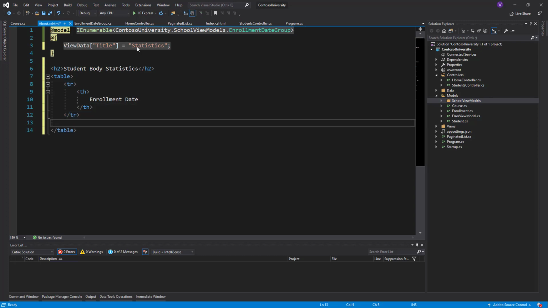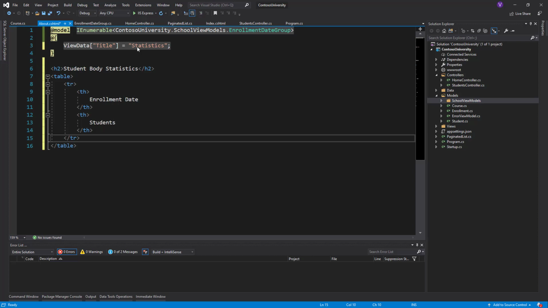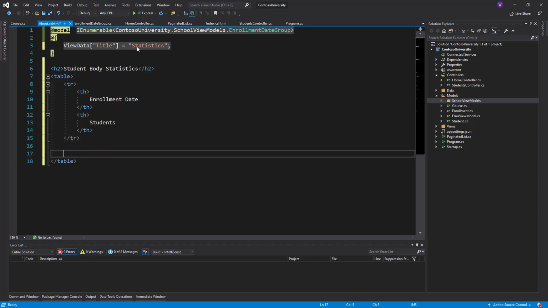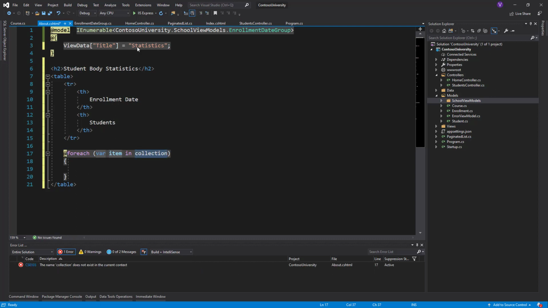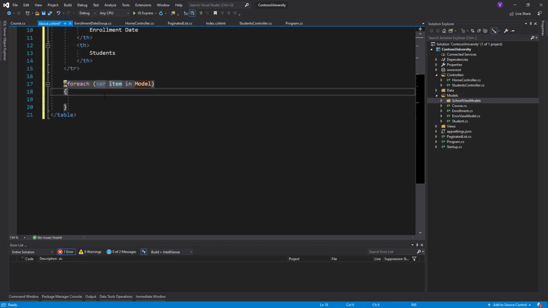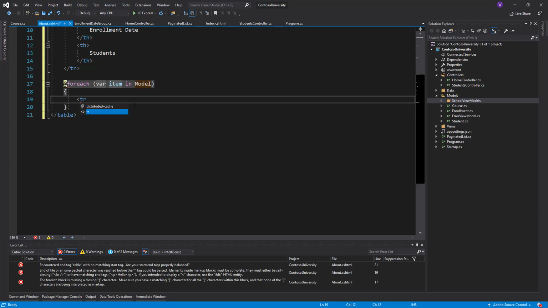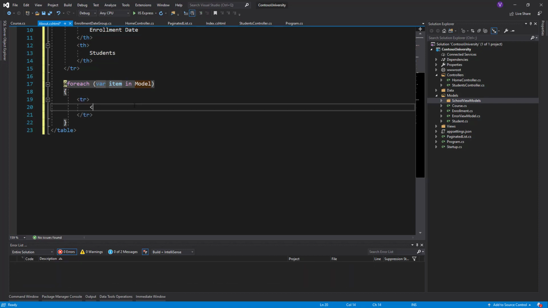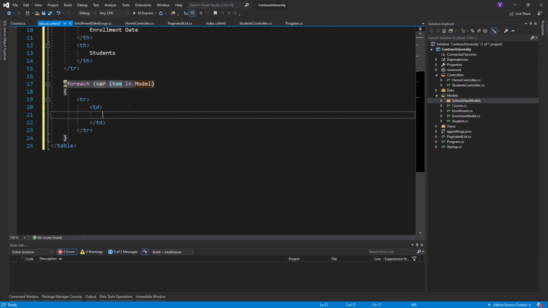And the next column would be on the same row, students. Now is the time to see what Razor can do for us: for each var item in Model, with a big letter, because it's here with a small one, but this is how it is. So here we say tr, row, in the row we need a column,